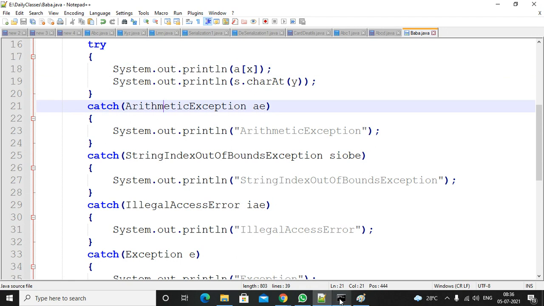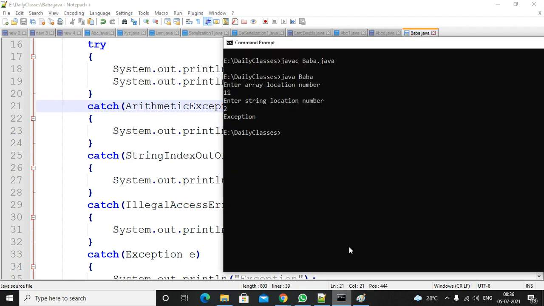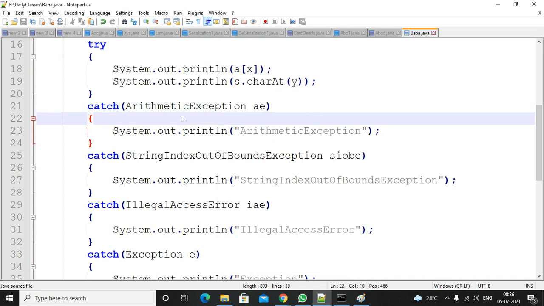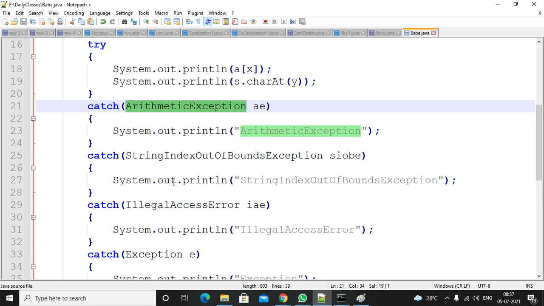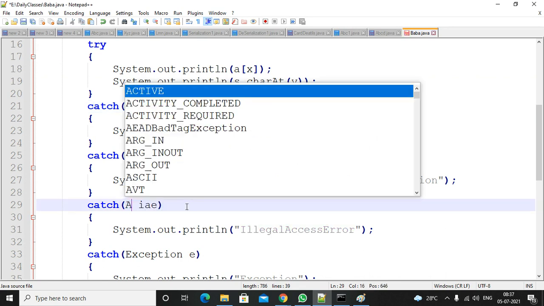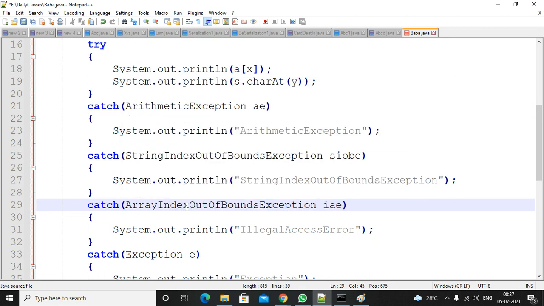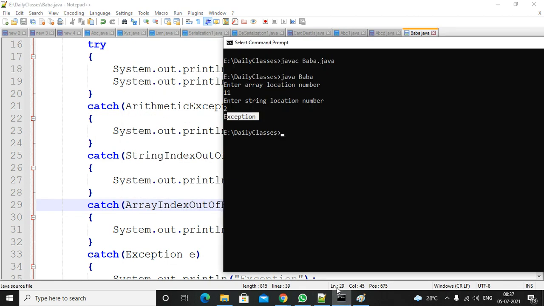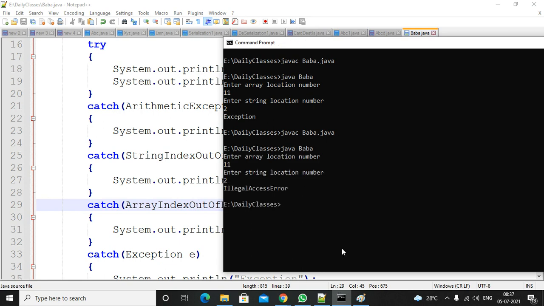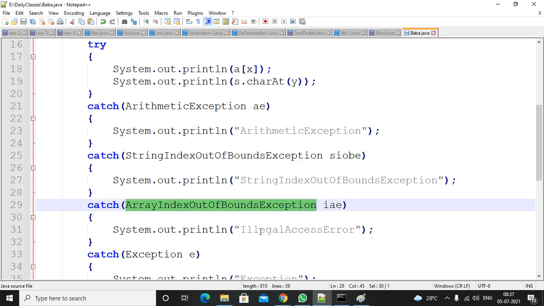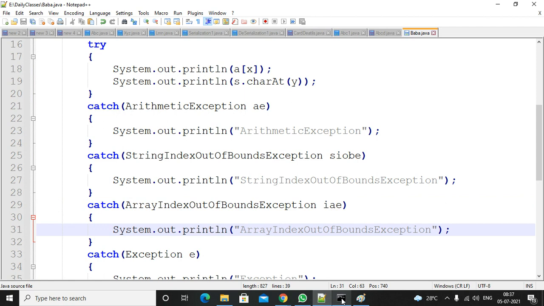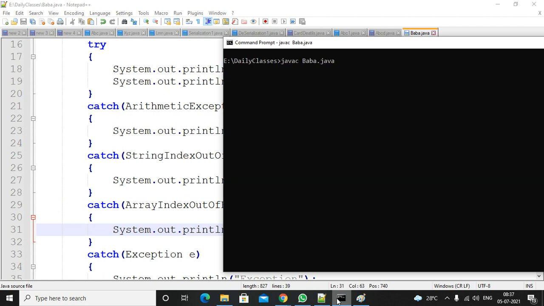First it will go here and execute. It is throwing an exception here, an arithmetic exception. Sorry, we didn't write the array index out of bound exception. Actually this is array index out of bound. Okay, no problem, I will add it here, array index out of bound exception. Now try to compile it. Compile, execute. Give the 11th location, give some number. I didn't change this exception name. So compile the code, execute the code. Give 11, give some number. You are getting an array index out of bound exception.